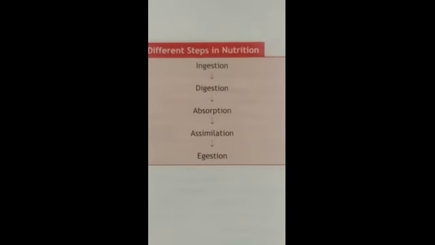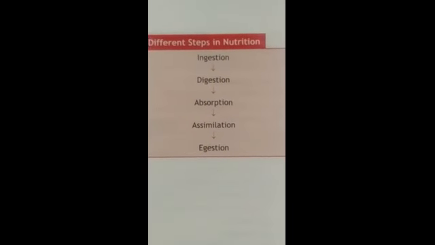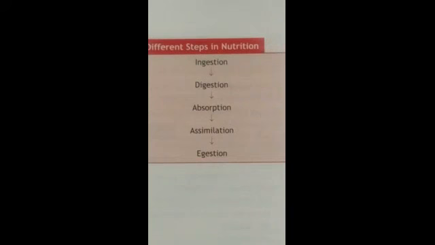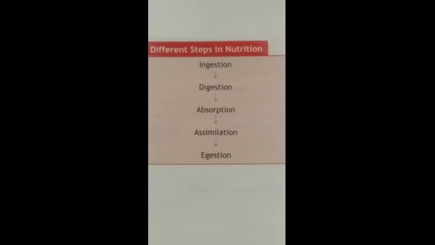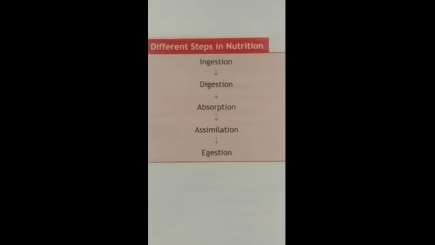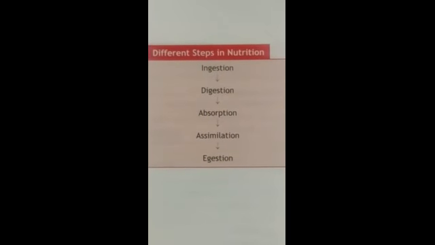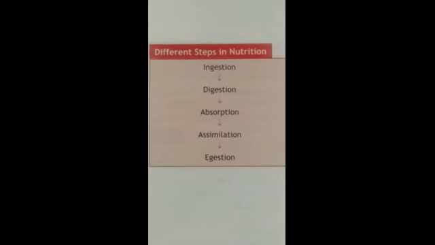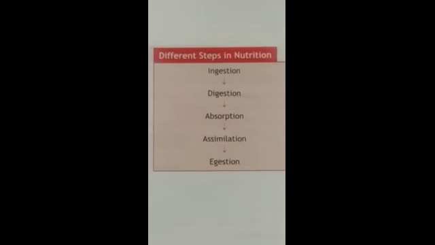And what about digestion? The food taken is always in solid form or some liquid, or it is also complex. The process of converting or breaking down complex food into simple and soluble forms is called digestion. Most animals use both physical and chemical methods for complete digestion, converting that complex food into a simpler soluble form. So this is the process of digestion.